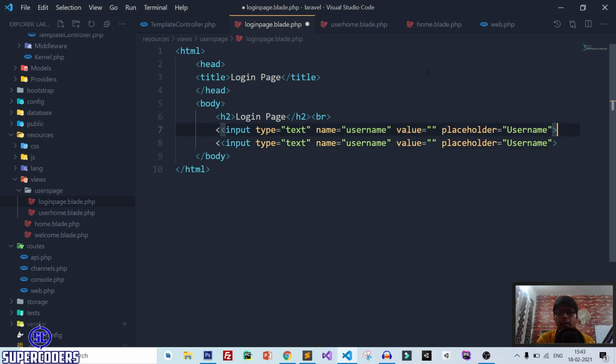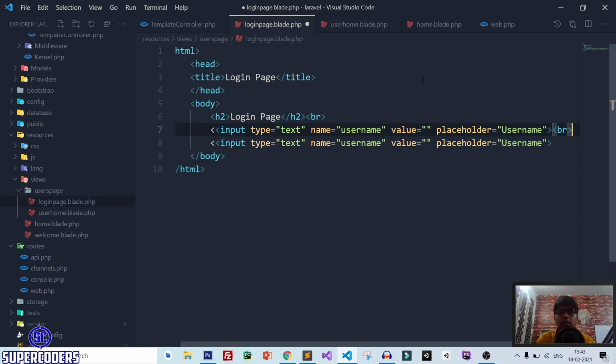Okay, same line, adding a line break, password, and here password, change this to password.